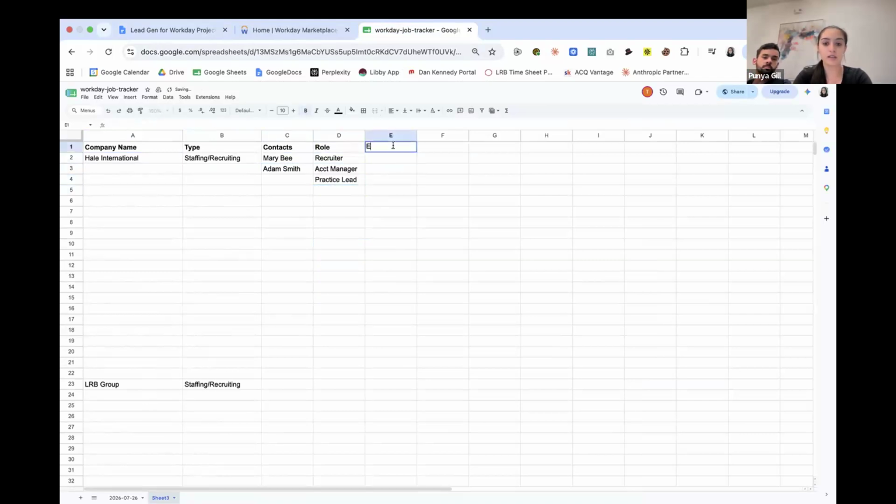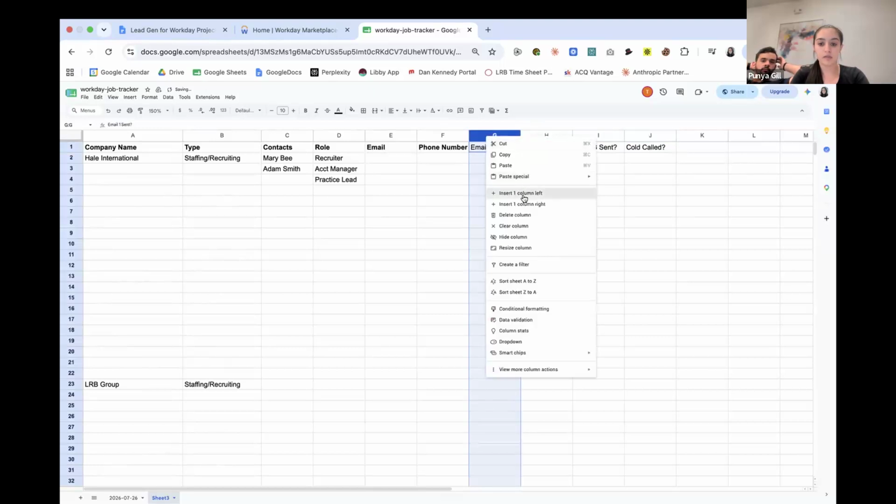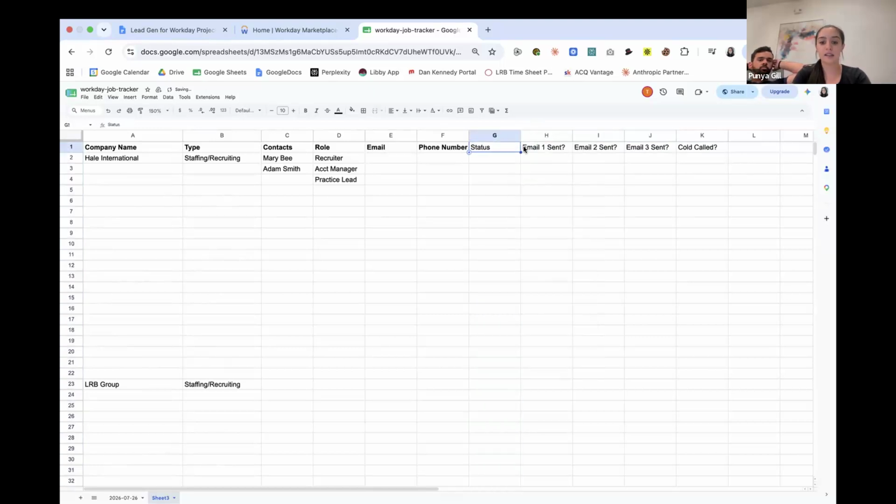Whatever their role is, their email, their phone number, and then some columns like email one sent, email two follow-up sent, maybe email three sent, cold called, and maybe one for status. Something like this. So once you have a list of all of these names for this one company,